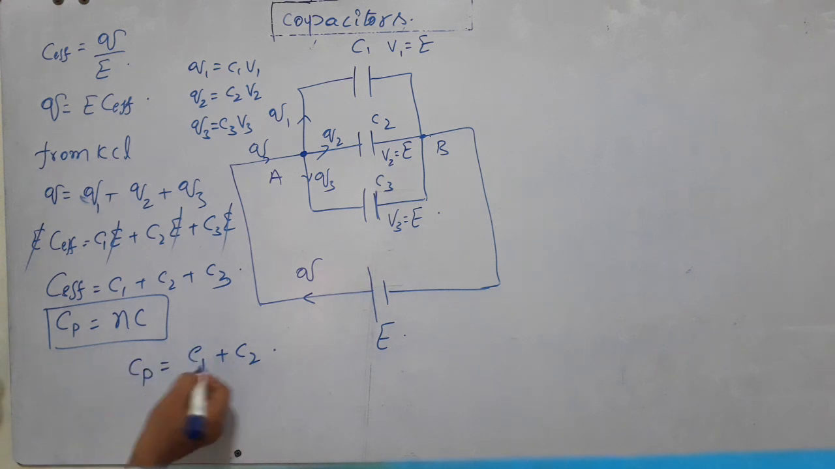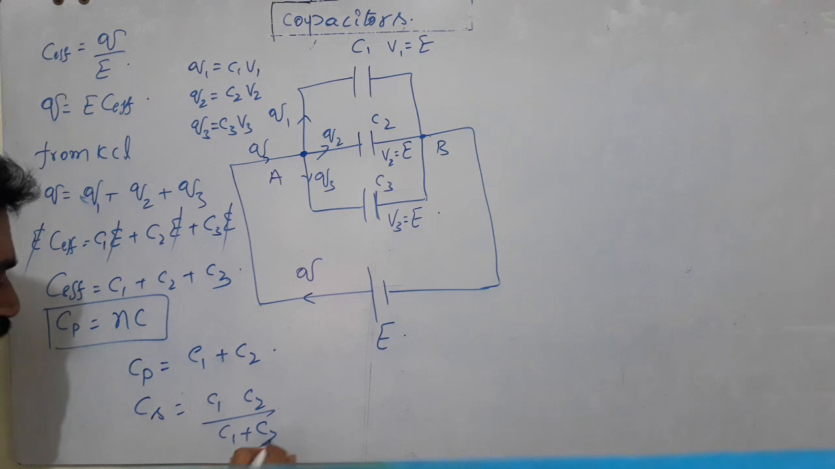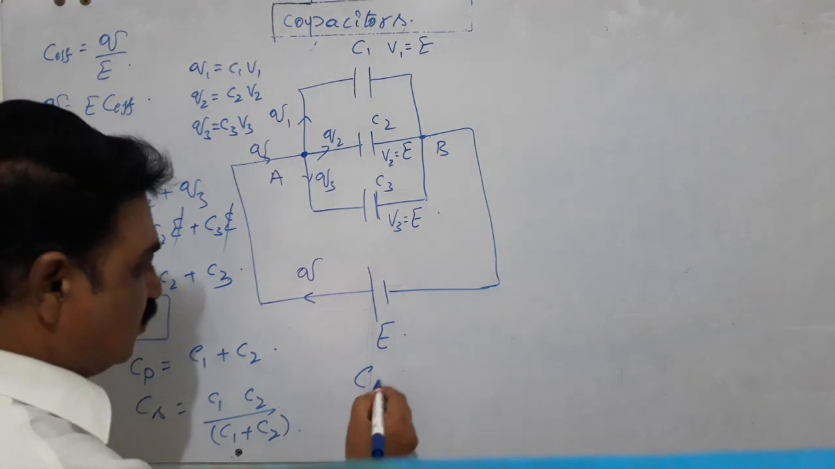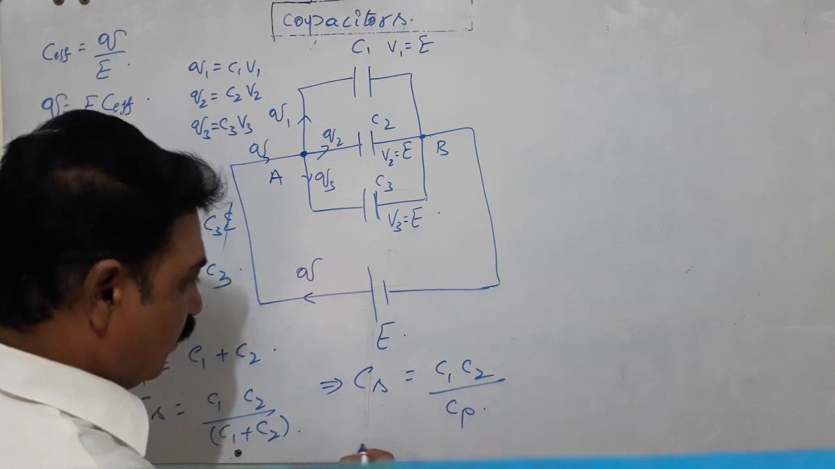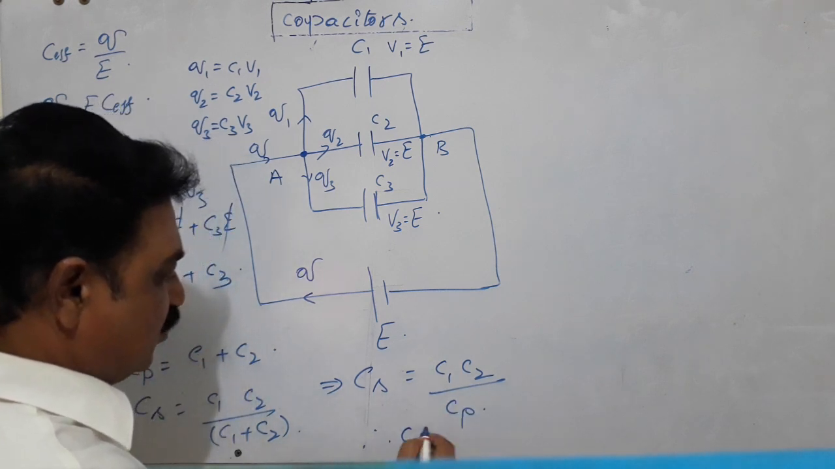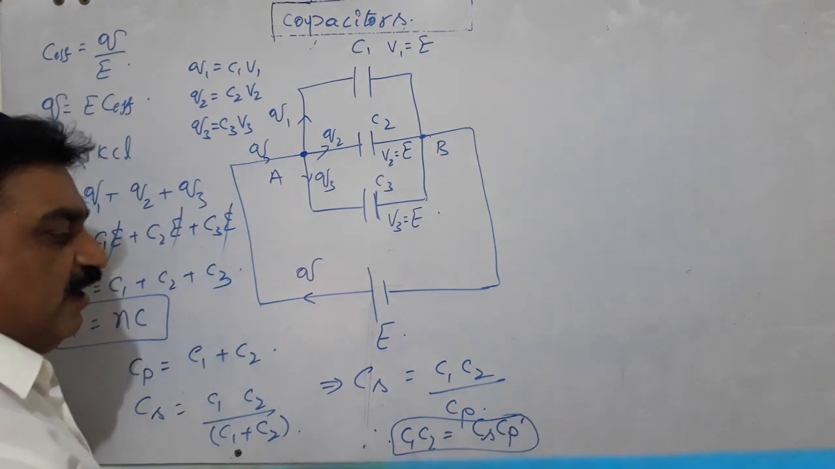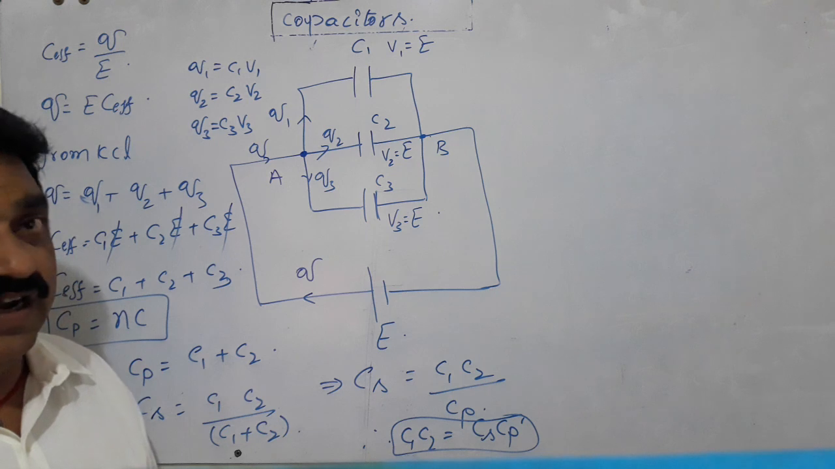If you take those two capacitors in series, then Cs equal to C1 C2 by C1 plus C2. As we have already known, this C1 plus C2 is Cp. Therefore, Cs equal to C1 C2 by Cp. Therefore, C1 C2 is equal to Cs into Cp. This is one of the most important formulas which is used to solve many problems